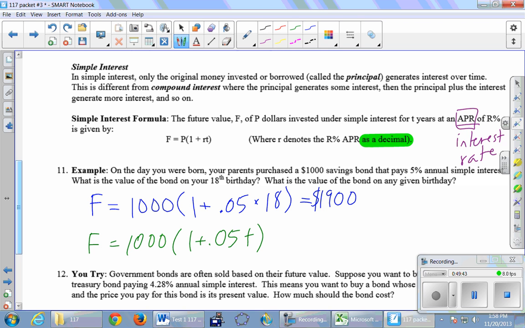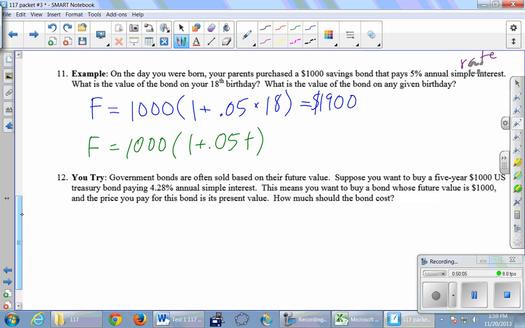Some math students are not satisfied unless the final answer is a number. There's your final answer. It's a formula. In some sense, it's more useful than the blue because here you can plug in any number you want. If you're 30, if you're 40, if you're 80, you could just plug in and just out comes how much money is in this account for you. Be really careful when you're writing plus signs and T's.